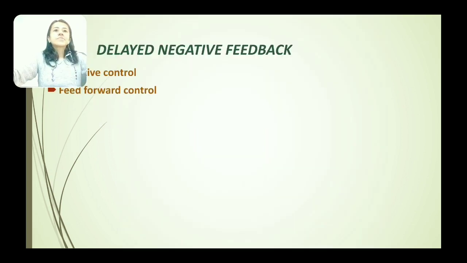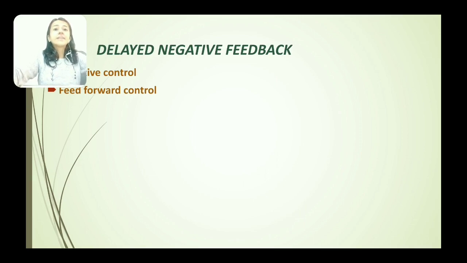Next is delayed negative feedback, which is also known as adaptive control. Some movements of the body occur so rapidly that there is not enough time for the nerve signal to travel from the peripheral part of the body to the brain and then back to the peripheral part of the body. Therefore, the brain uses a principle which is known as feed forward control. Here, sensory signals from the moving part reach the brain, and if the movement is correct, signals are transmitted that it is correct. But if the movement is not correct, the brain corrects the movement by feed forward signals, and these signals are sent